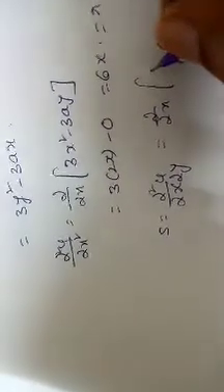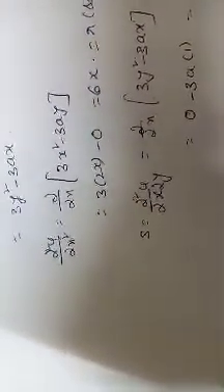Next, now we have to find s. S means dou square u by dou x dou y. So dou by dou x of dou u by dou y. Dou u by dou y means 3y square minus 3ax. Then the derivative of 3y square is 0, minus 3a into the derivative of x, which is 1. Which implies minus 3a. So this value is s.